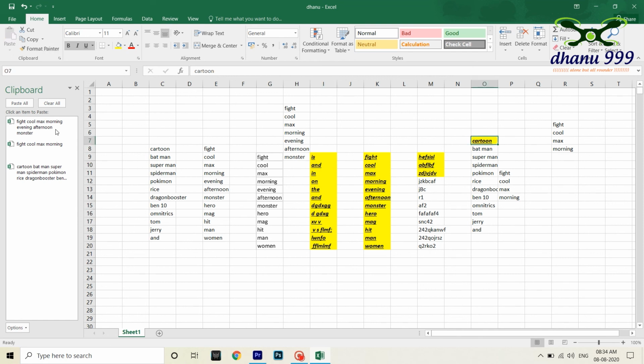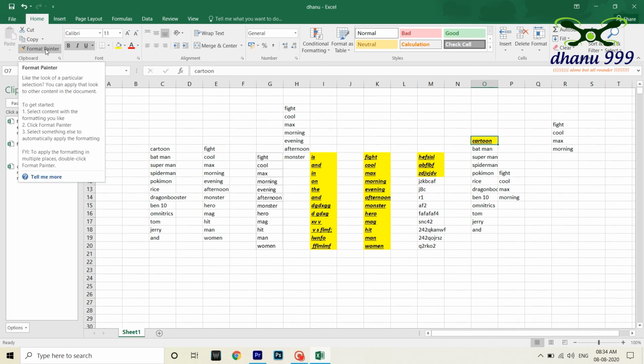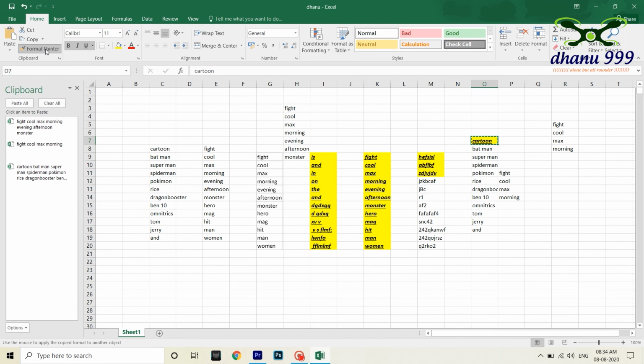If every time we need to go for format painter, it's not a good thing. So if we want format painter permanently or to use many times, we will double click here, so that the format painter will stay available. See here, like this I can change everything. But the format painter is not gone because I have clicked two times. If I select all this and if I select this thing, see, everything has been changed. For this, format painter is used.